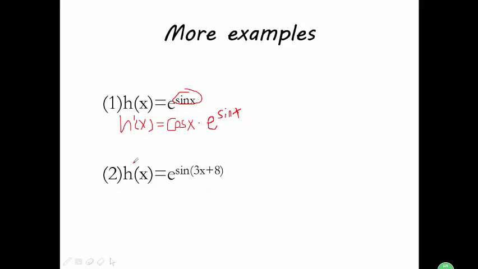For this problem, the strategy is to apply the chain rule to this problem 2 times, which is h prime x equals